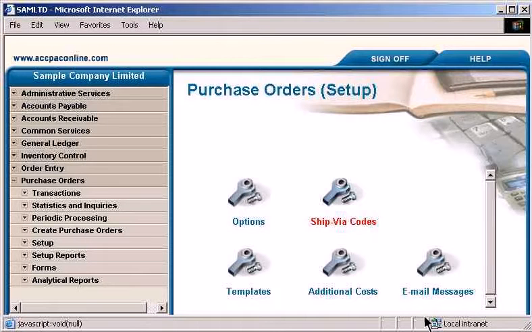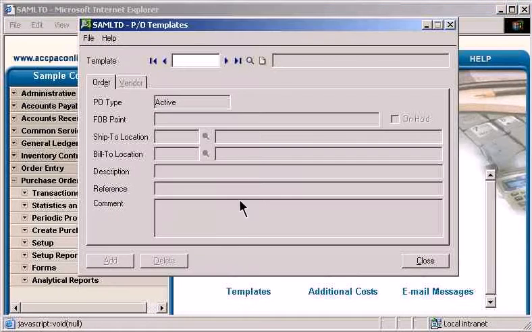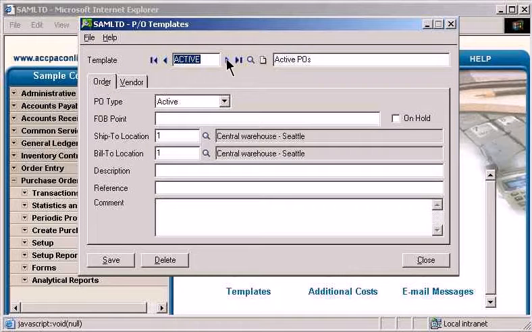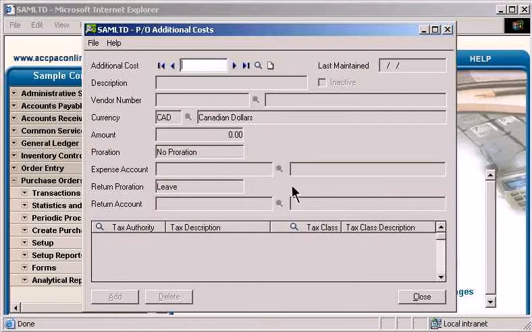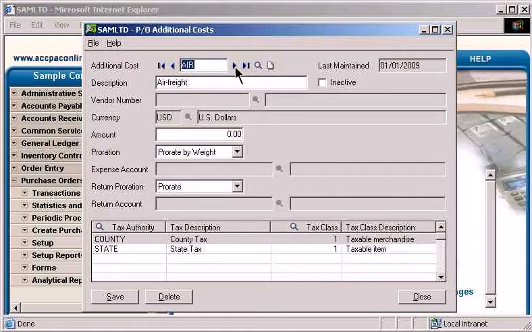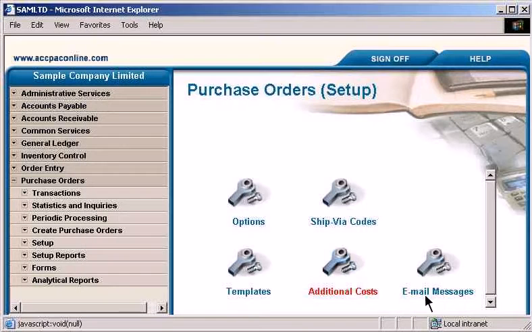The Templates notebook lets you establish sets of default information that will automatically fill in fields during transaction entry. In the Additional Costs window, you can define codes to identify the extra costs you are charged by your vendors, such as shipping or handling charges. When you post transactions, Purchase Orders immediately updates item quantities in Inventory Control so you can easily monitor your inventory